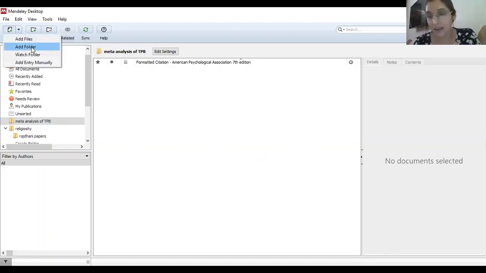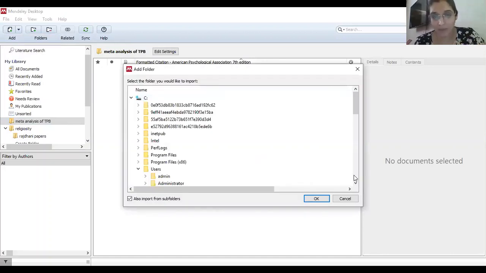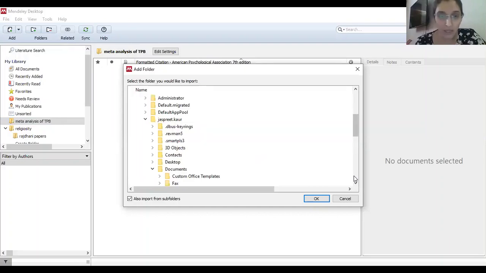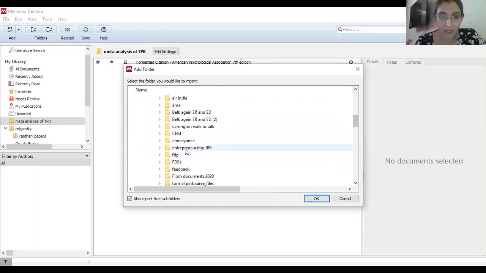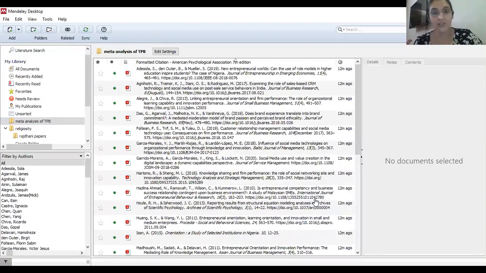go to add files and please add papers. I'm also doing it. It is there, my new folder, no paper at all, zero. I go to my desktop and I am trying to add papers to this. Which papers will I add? I will only add papers which are there for meta-analysis of TPB. I have copied all which were there on my folder. All papers. For this particular research paper, I have copied.